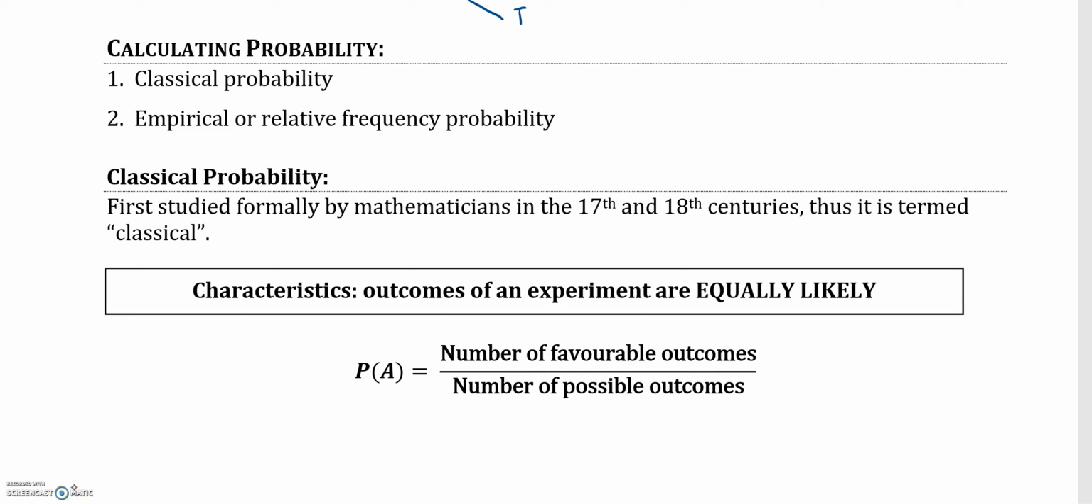Calculating probabilities is very similar to calculating percentages, where we take the ratio between two numbers. And when we calculate a probability, we're going to look at the total number of favorable outcomes, so the outcomes that we want to occur, divided by the number of possible outcomes, so the number of outcomes in your sample